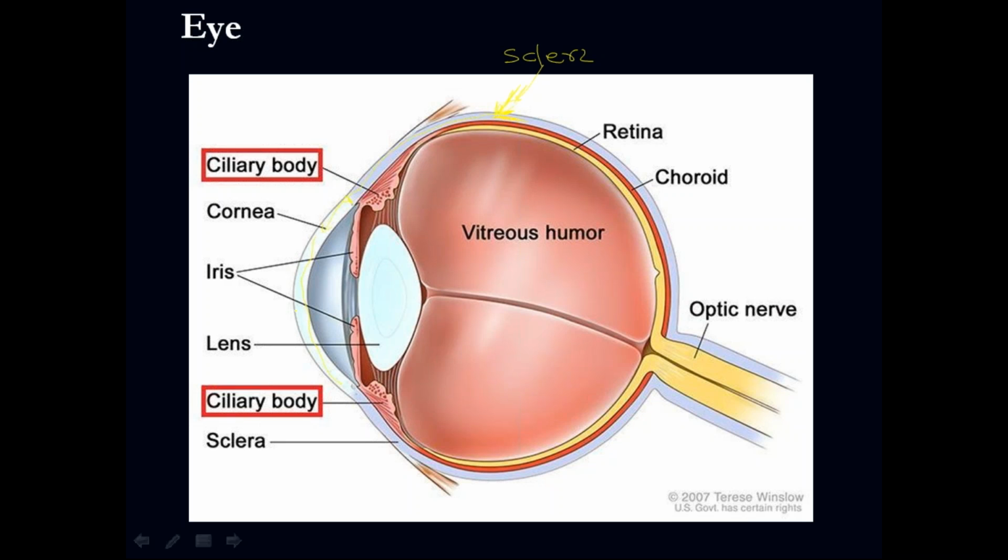The cornea is epithelial tissue, and the cornea has 5 layers. If you damage more than 2 layers, that is going to be a scar. Can you imagine having a scar in front of your eye? Okay, so be careful with that. So we have the sclera as the outer layer.